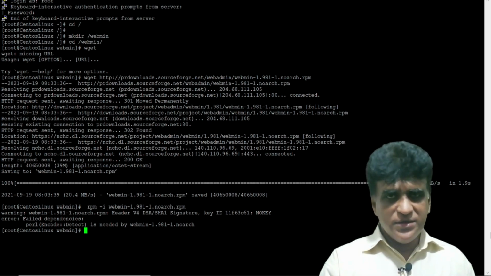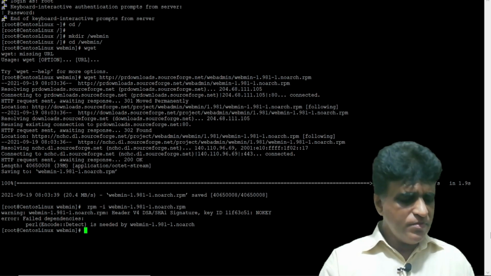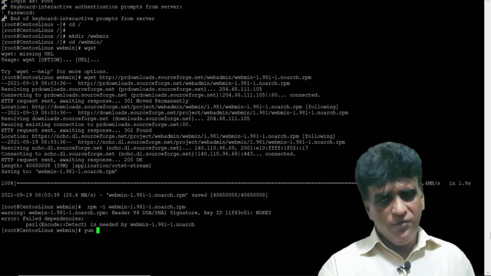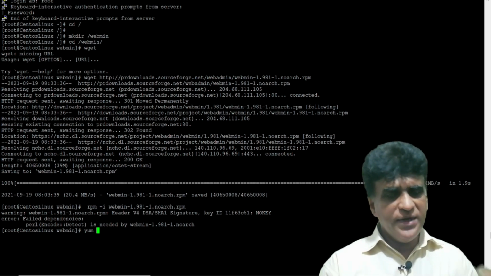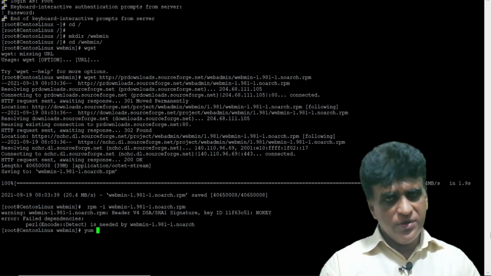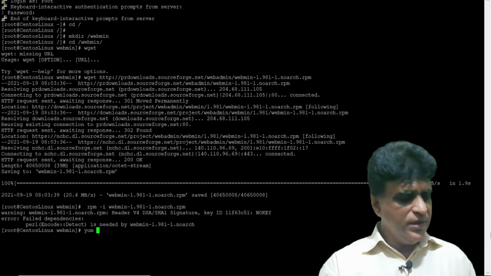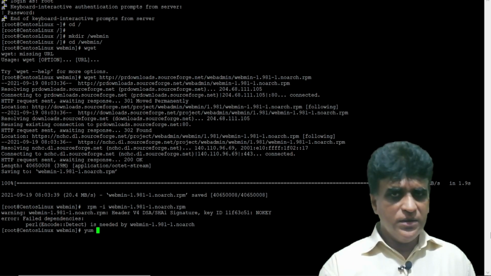In CentOS Linux, we have the yum command. Yum will download and install whatever package or module you specify. Yum, right? Then I am going to install Perl.